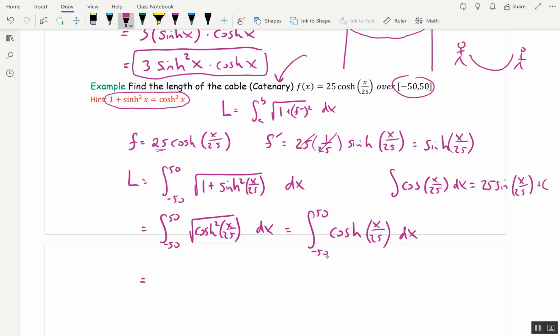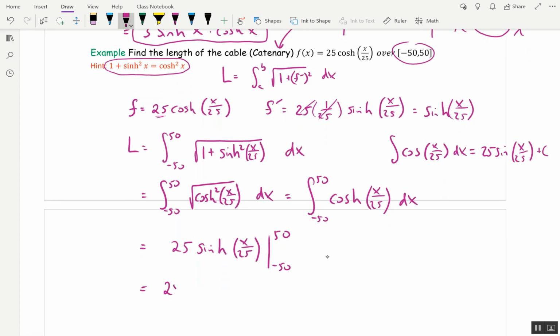What's going to come out when we integrate is a 25, not a 1 over 25. So this is 25 sinh of x over 25 between -50 and 50. And so this is going to be 25 sinh of 2, because 50 over 25 is 2,